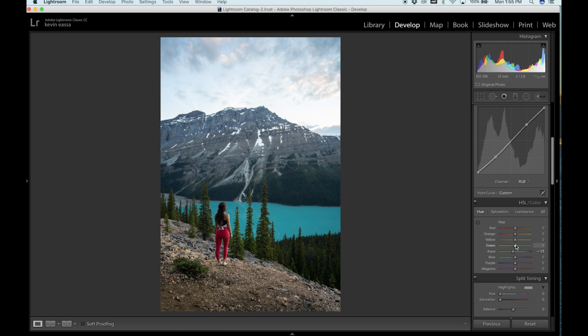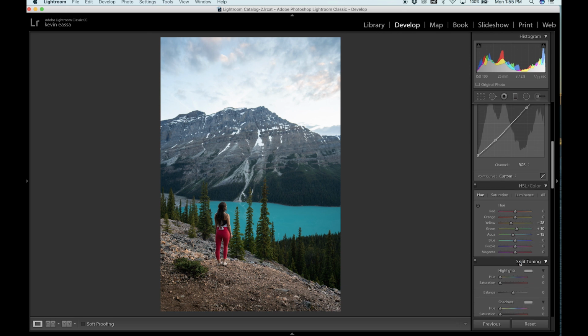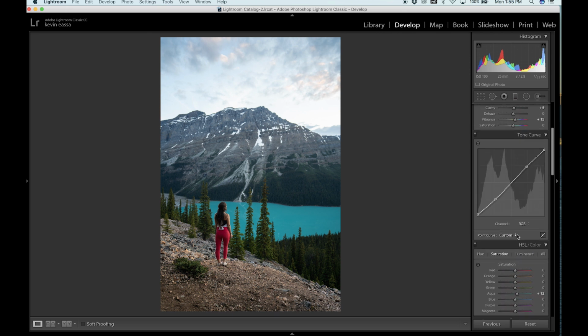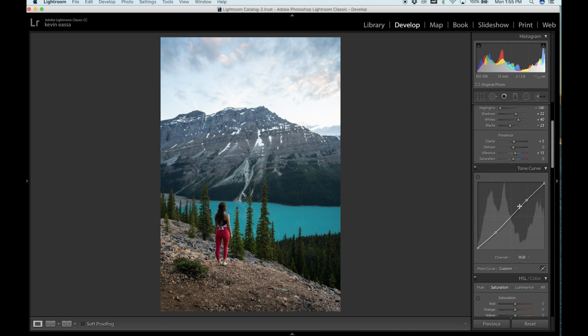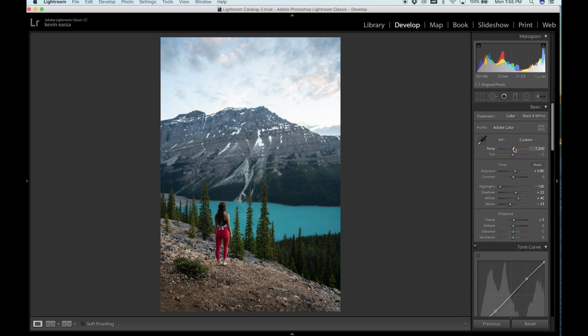The greens, I'm going to go up a little bit more towards green, and then I'm going to bring the yellows over a good bit. Some nice warmth there. And then I'm just going to bring up the aquas a little bit, but I know I'm going to saturate this a bit more later, so we'll get to that later. Generally this photo already is a little bit saturated and I want to add a good bit later in Photoshop, so I'm going to take the vibrance back to 0